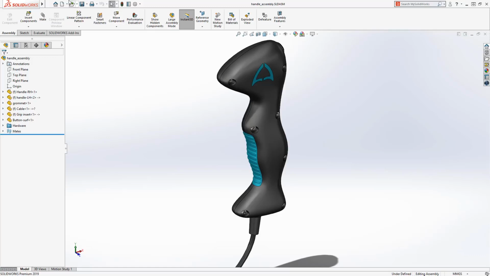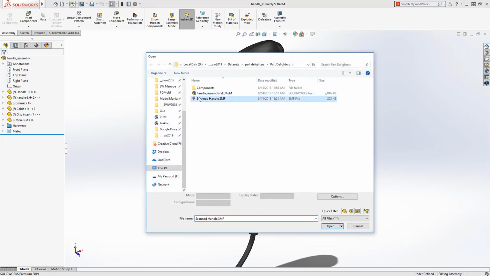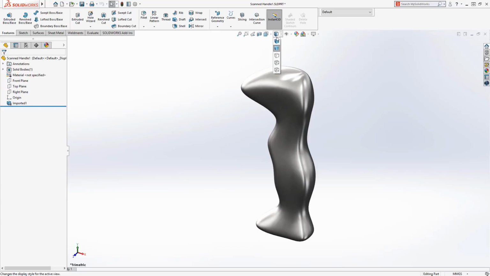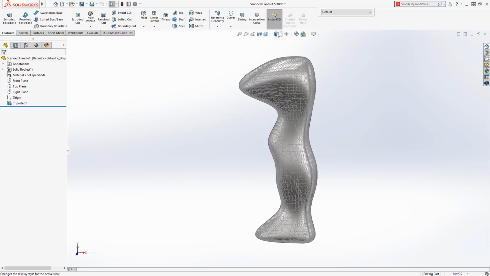This handle originated as mesh data. Let's take a look at how it was built. SOLIDWORKS can open a wide variety of mesh data like this 3MF file. As you can see, this is clearly a mesh body, and to leverage this body to build a solid model,